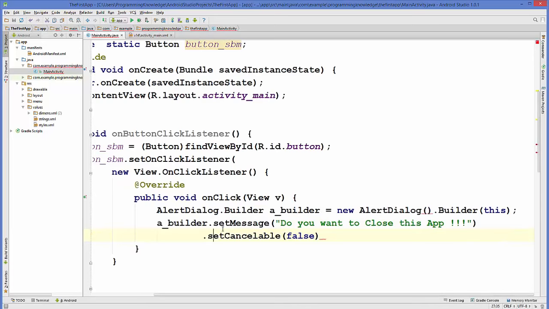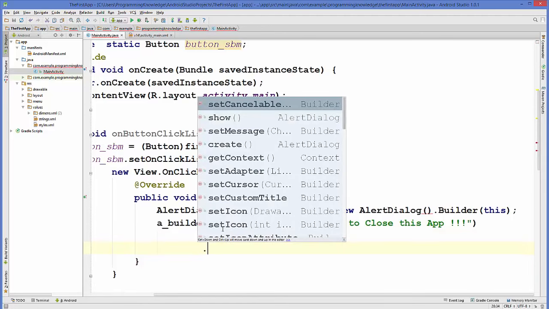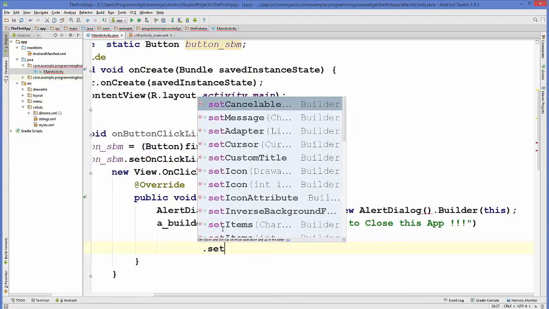And then after this we have set the cancelable to false, and now we are going to set the positive button, for example yes. If that condition arises that we want to display a yes or no button on this alert dialog box, then how can we do it. So set